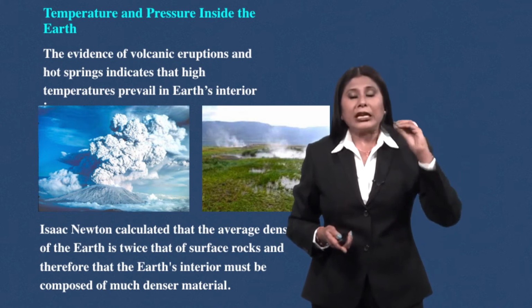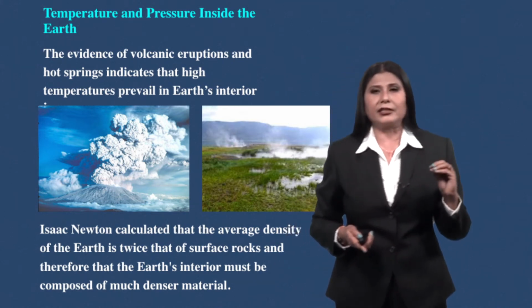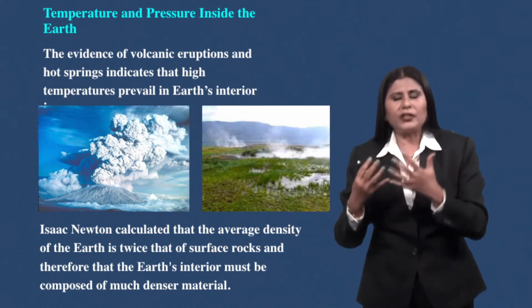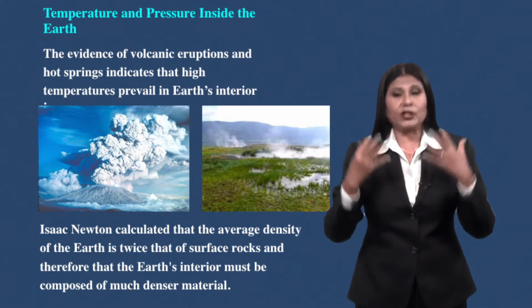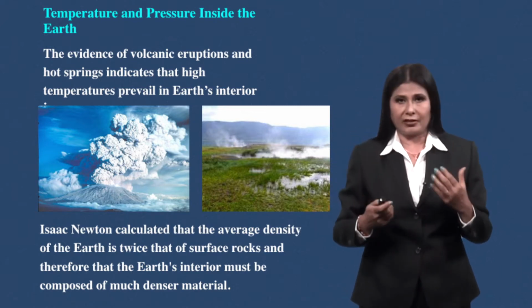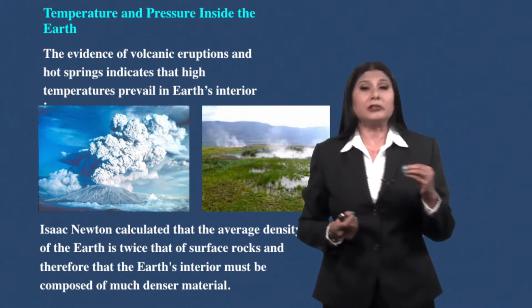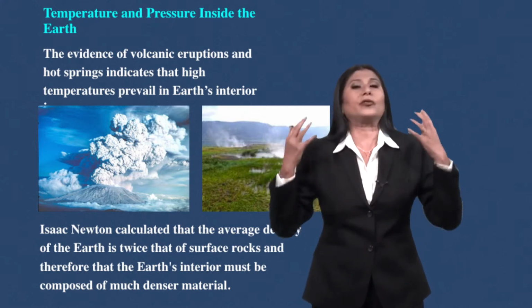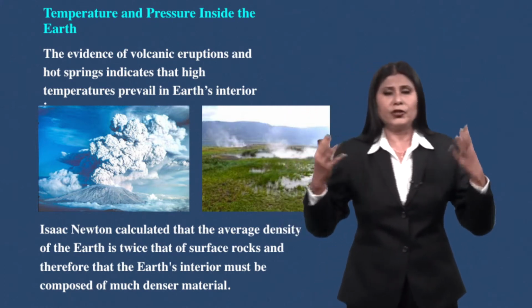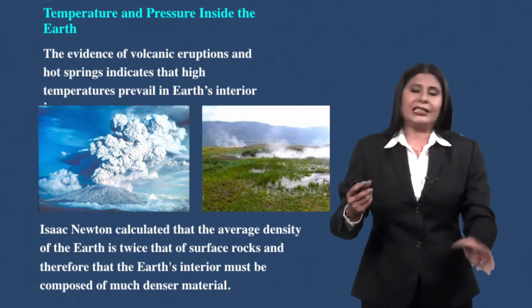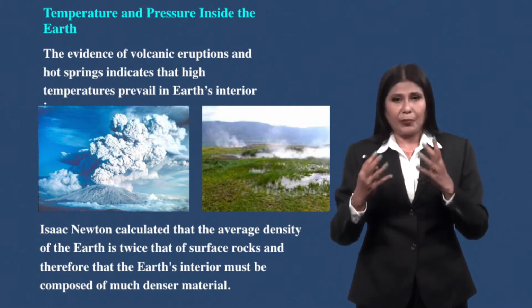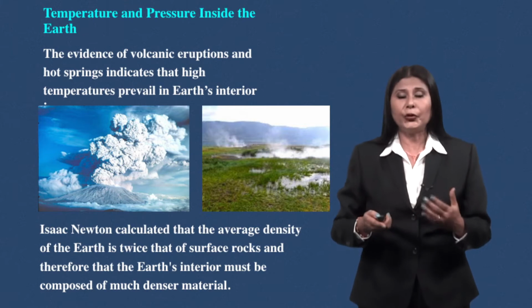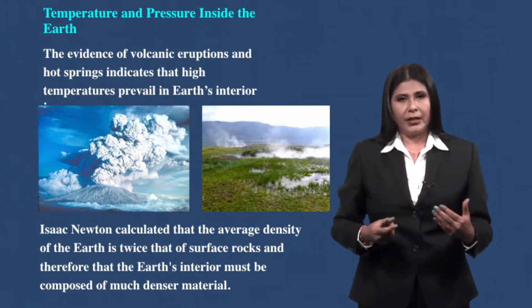Previously, when the technology was not that advanced, the knowledge about the interior of the earth was based totally on indirect evidences. One thing that we are very certain about is, when the volcano erupts, the temperature of the lava is so high. From that we come to know that inside something is very hot, the temperature is very high. And also we know that the pressure as we go deeper is higher than what is there on the crust.